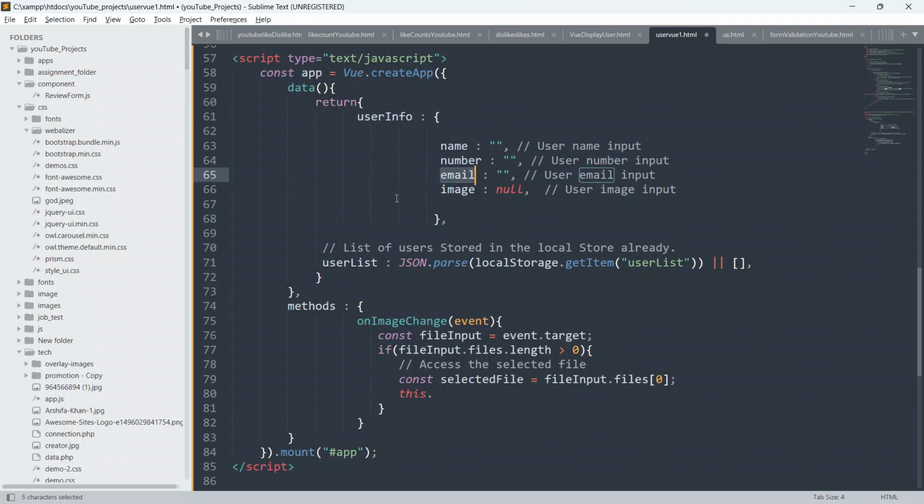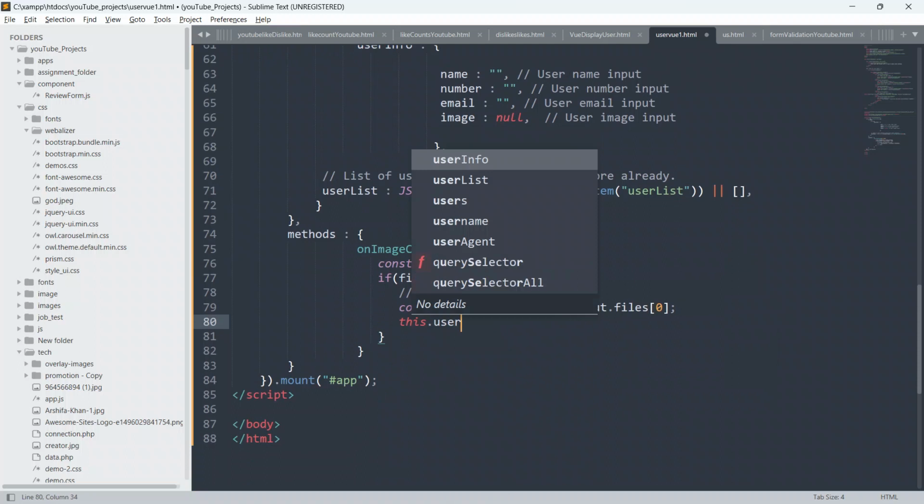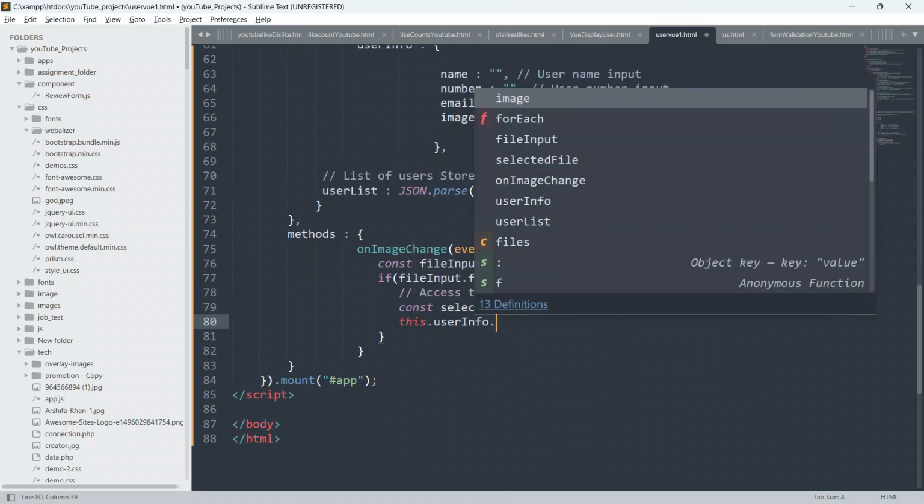This dot image refers to this image, this dot user info refers to this user info, this dot user list refers to this user list, and this dot on image change refers to this on image change method, or function, here.